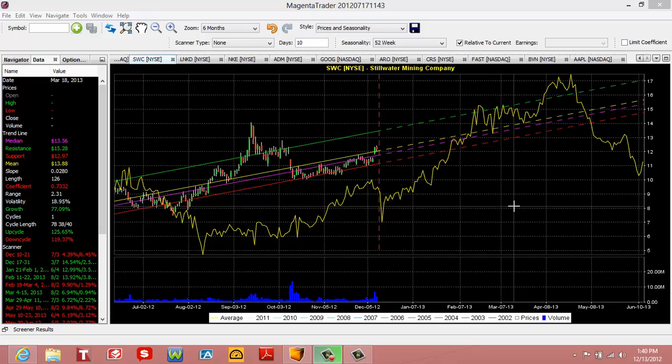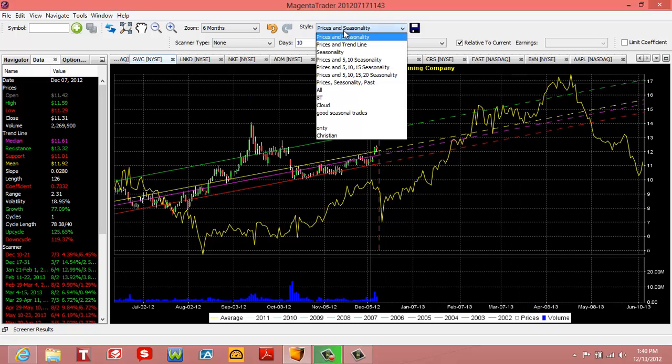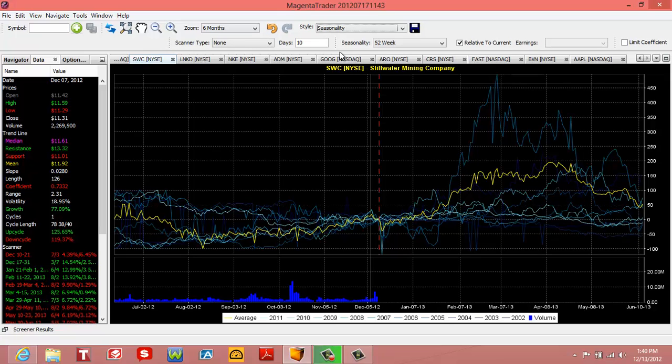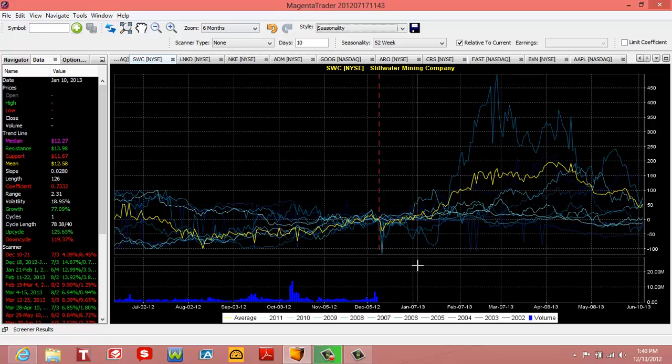Okay, I'm going to cover how to use the seasonality section in Magenta Trader. So for example, right here where it says style, I can either see it under the prices and seasonal where I'm seeing the seasonal trend, or I can just see it based on seasonality. Now what happens on seasonality, when I'm seeing here on the yellow line, I'm seeing the average of the last